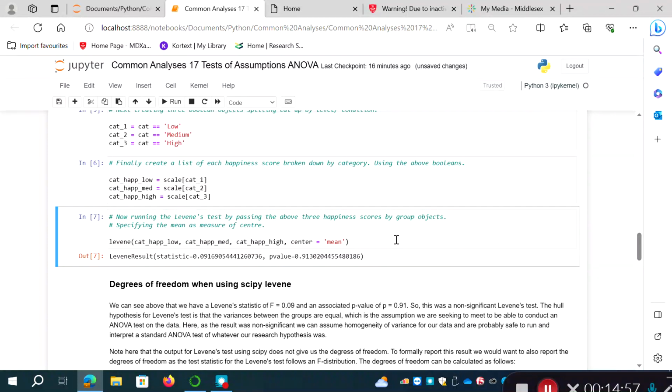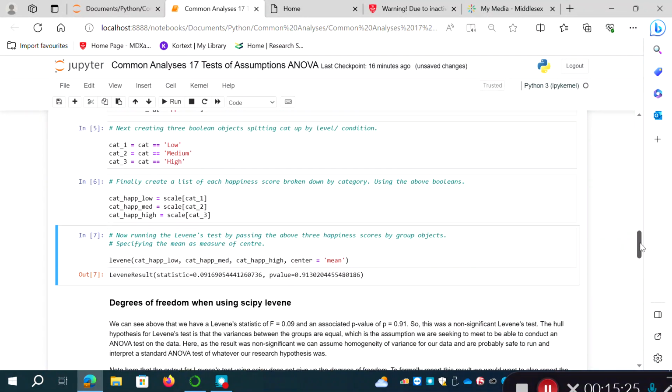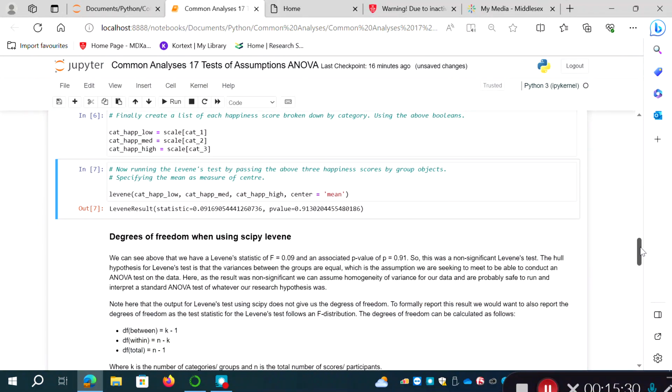What that's telling us is that we're probably safe to assume equal variances between these three groups in terms of variability around the group mean. Okay, so that's a good thing if we wanted to then conduct an ANOVA on this data. When you report Levene's test, it essentially conducts an ANOVA, and we'd report it as an F value, as you would an ANOVA. But it only gives you here the test statistic and the p-value. But to report that formally,